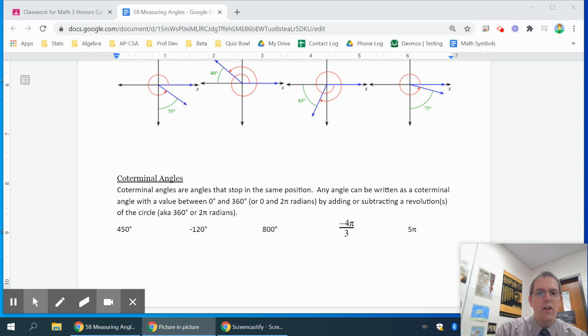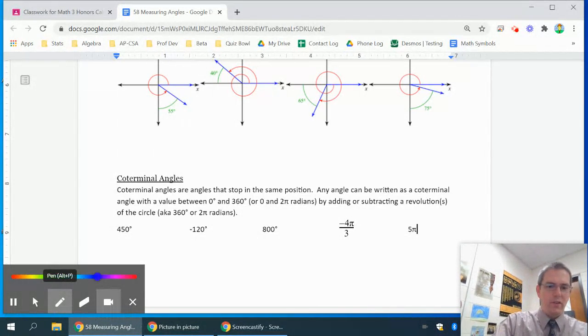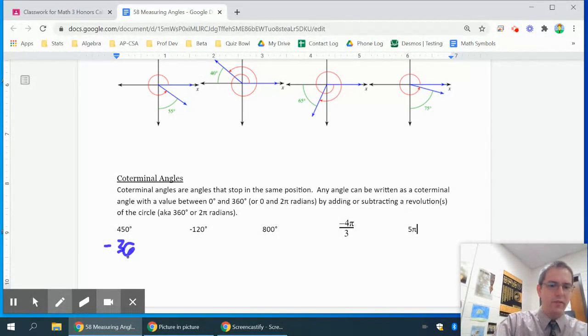If you have a coterminal angle, those are angles that stop in the same position. They can be written with a value between 0 and 360 or 0 and 2 pi. So if you have 450 and you subtract 360 from it, you can find its coterminal value. You're basically adding or subtracting 360 degrees to get rid of the extra rotation and find out, hey, if I